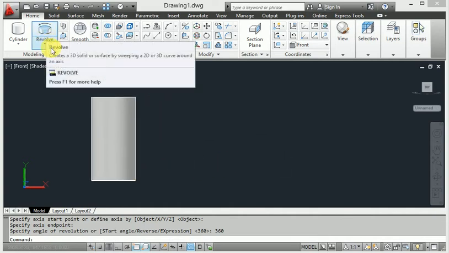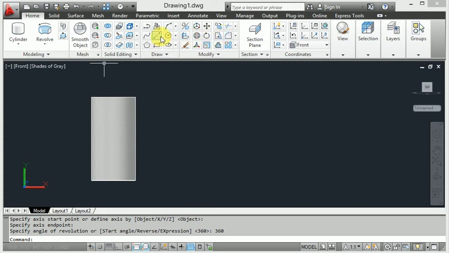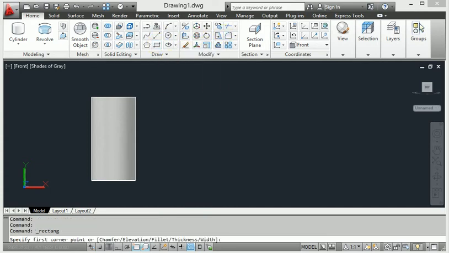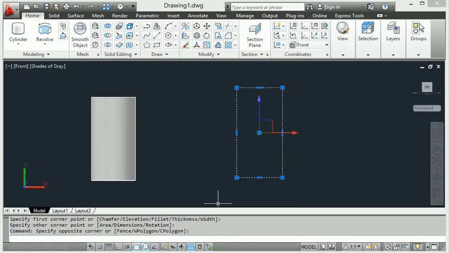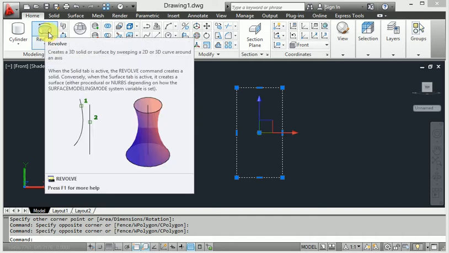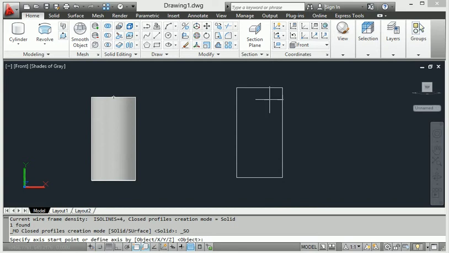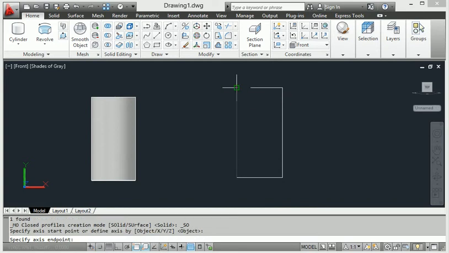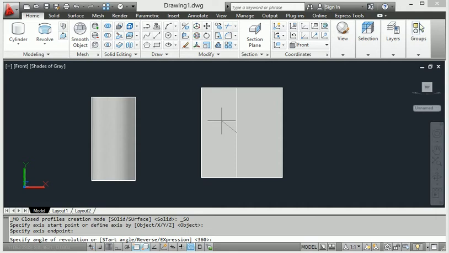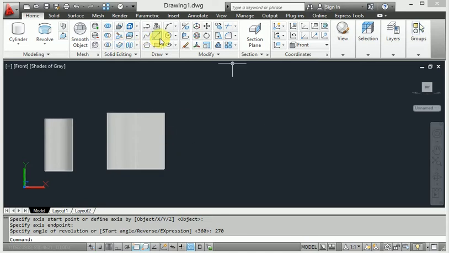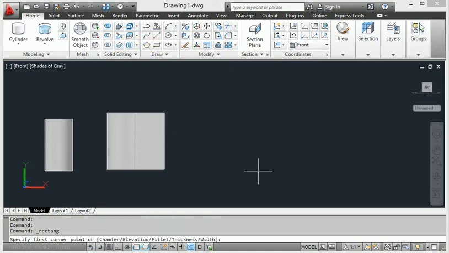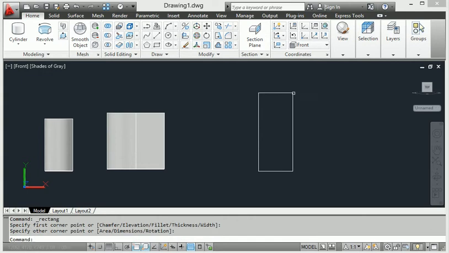And if I want another rectangle right now, I click this rectangle and make this diagram here, also select this whole component and go to the revolve command. This is the revolve command in AutoCAD 3D. When I click this point and also this point, this is called the axis. When I want 270 degrees, I give 270 degrees, then again I make another sketch. I create a rectangle right now, and I make a different diagram also.